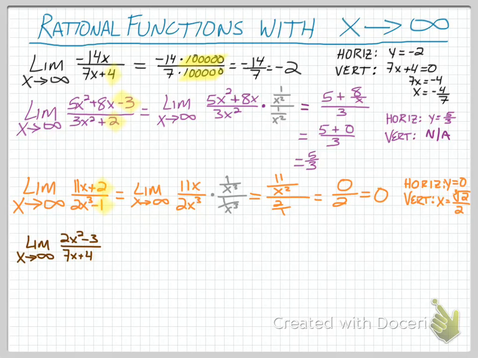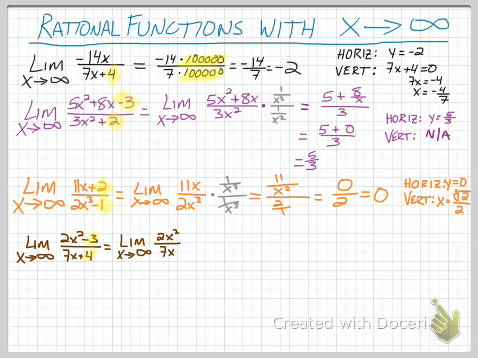Okay, and our last one that we're going to look at today is 2x squared minus 3 over 7x plus 4. Now, look at this one. This one's a little bit different as well. The numerator now has a higher degree than the denominator. So again, the negative 3 and 4 are not significant when we start looking at really large numbers. And we are still going to find our limit of a similar function,